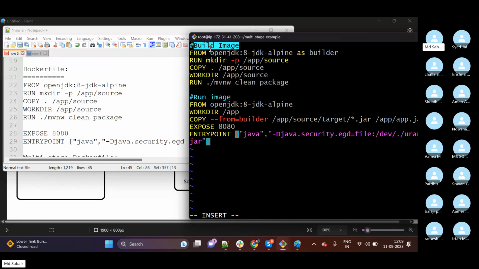It is trying to download the JDK image, and here I am mentioning an alias name. AS means alias name. The stage name I am calling is builder. For every application there will be two stages, one is builder and then one is the deployment one, right? Then we create this, copy, work dir and then run